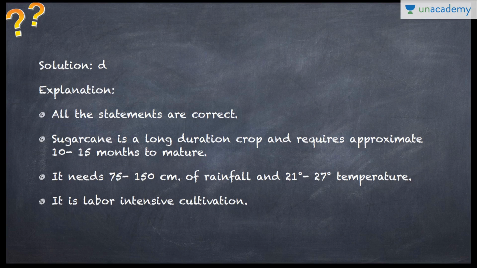You can read about this here, and it's very labor intensive. You can also talk about the mills and all. Especially Maharashtra is very interesting because it is a place where you don't have water, but this water intensive crop is being cultivated there. So here comes the importance of precision irrigation and cultivation according to the conditions there.